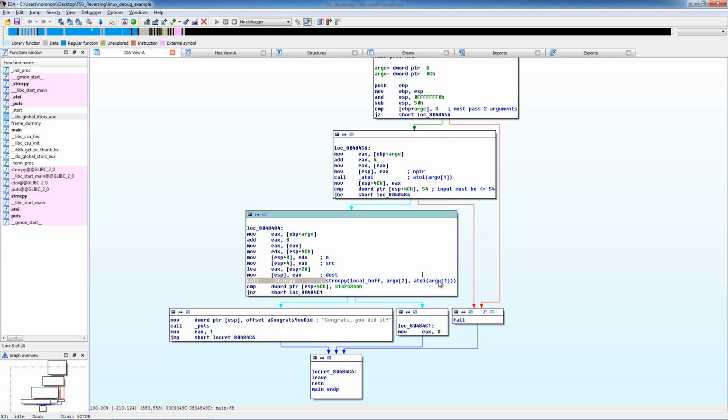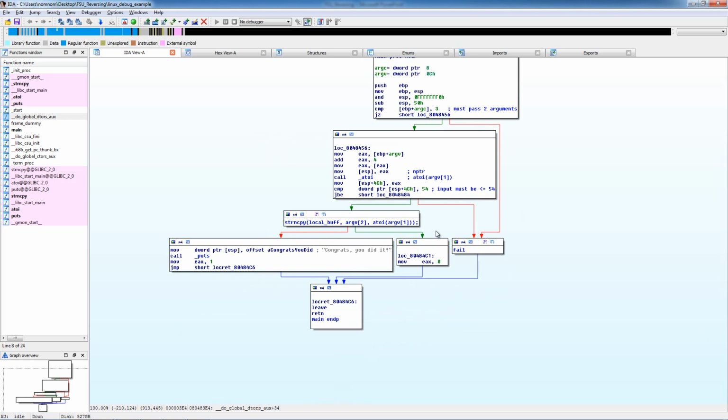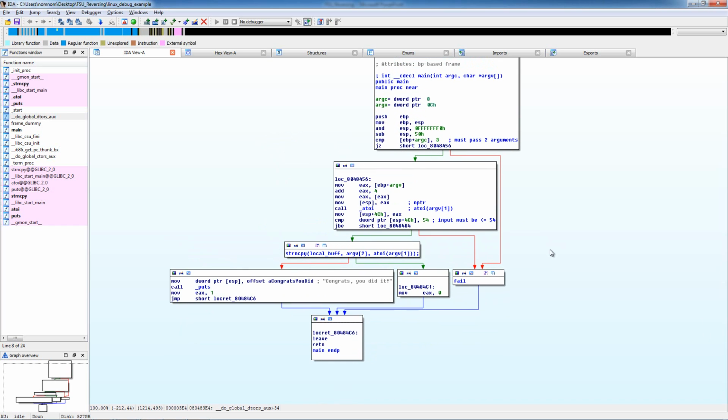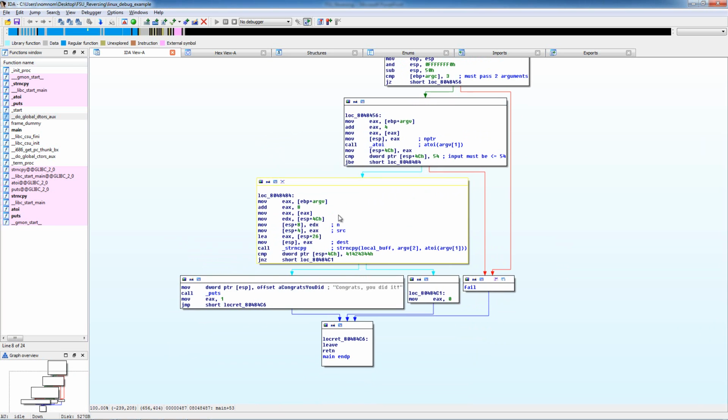is basically this. And in fact, since that's a one-liner and pretty short, let's go ahead and group this node, take away some of that text, and this is what's going on here. Now, actually, let me expand that because there's a little bit more at the bottom. Okay, so the string copy happens, and then we compare the value at ESP plus 4c to